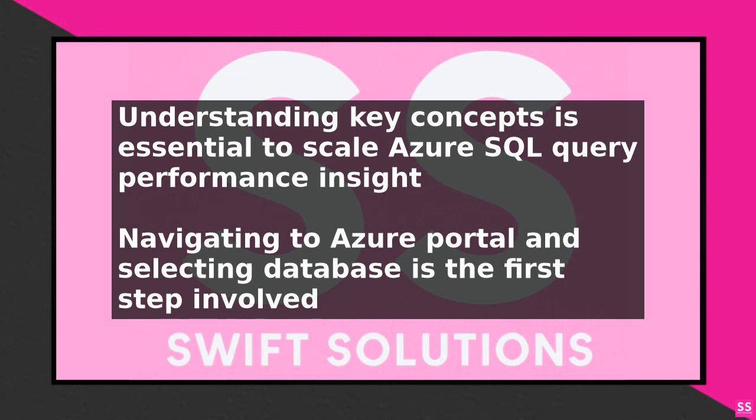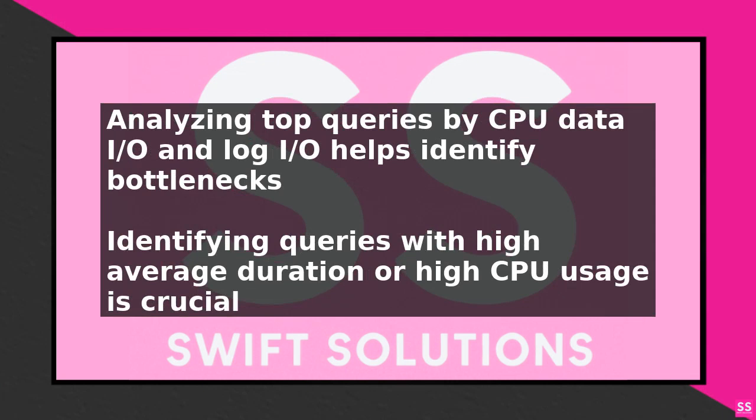This feature helps identify performance bottlenecks and opportunities for optimization. To scale query performance, start by analyzing the top queries by CPU, data I/O, and log I/O. Look for queries with high average duration, high CPU usage, or high data I/O, as these are likely candidates for